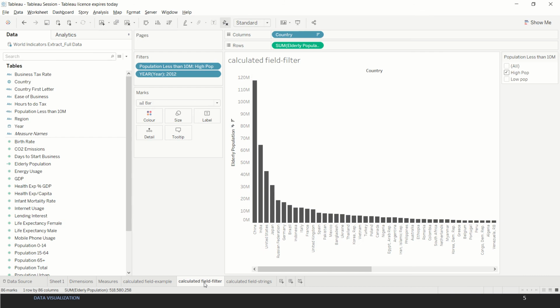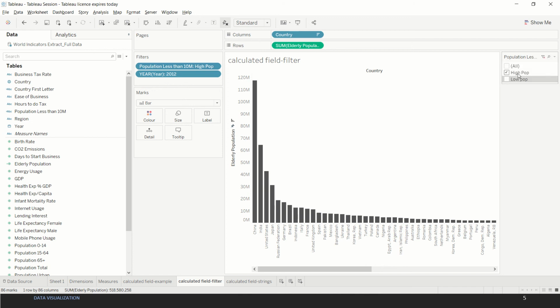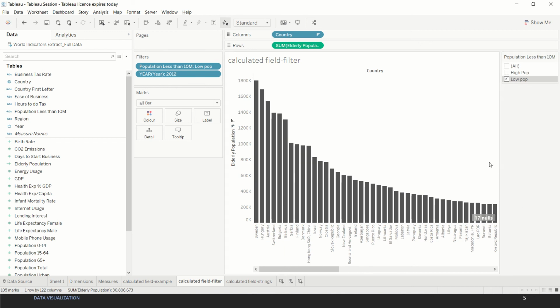Now if we move this field to the filter shelf over here, we can click here and say show filter, so that the filter is visible, and we can choose different types of filters available from this list. Right now we have high population selected.